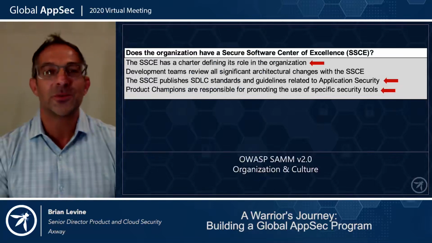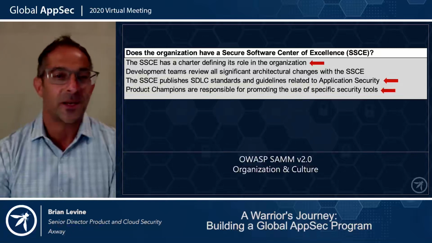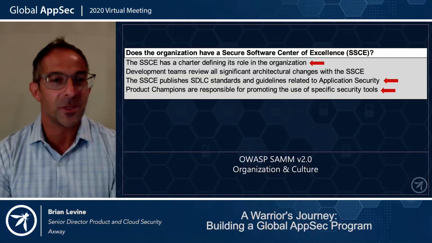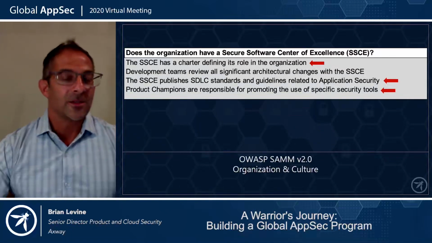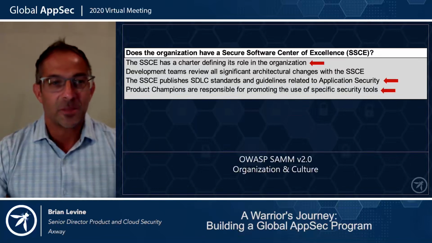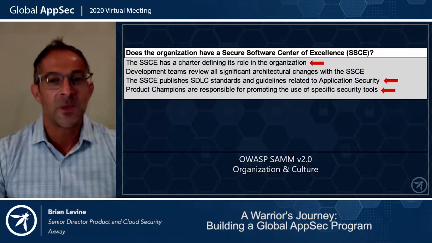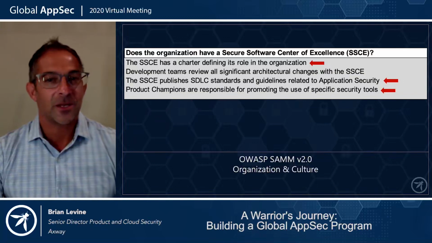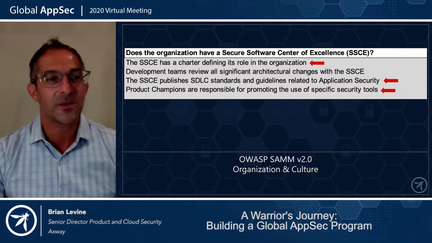Whatever you choose to call it, let's look at some of the guidance from OWASP SAMM, BSIMM, and others on what the roles and responsibilities are for your central security team. Just highlighted in red here are a couple of the ones that I resonate with and have worked well for me. Number one, defining the charter. Make sure that it's defined, written down, and that you've got executive management buy-in and executive sponsorship on the charter.